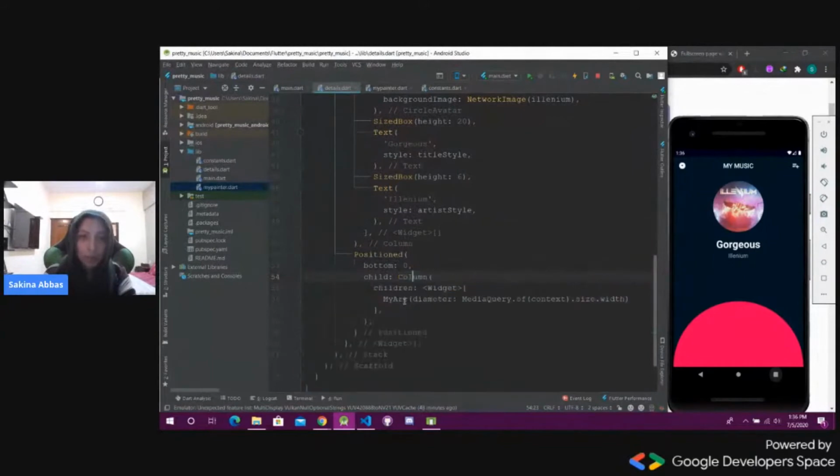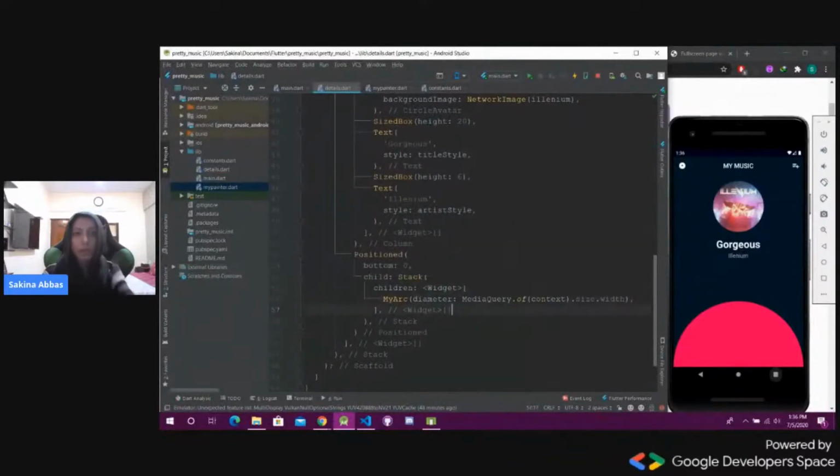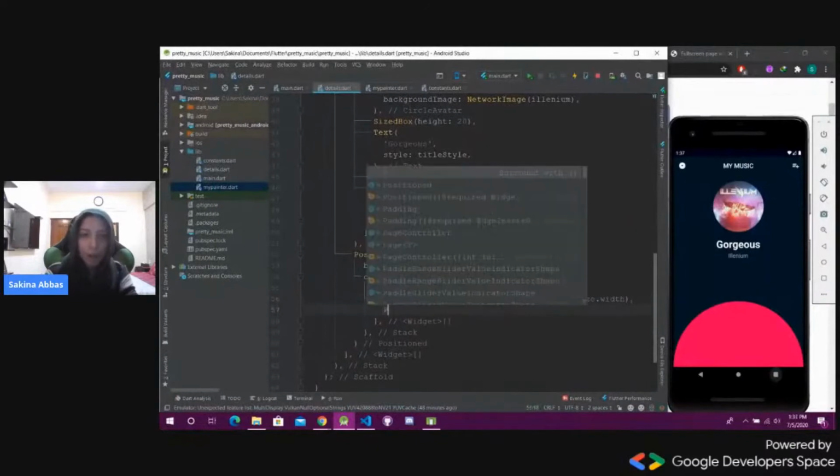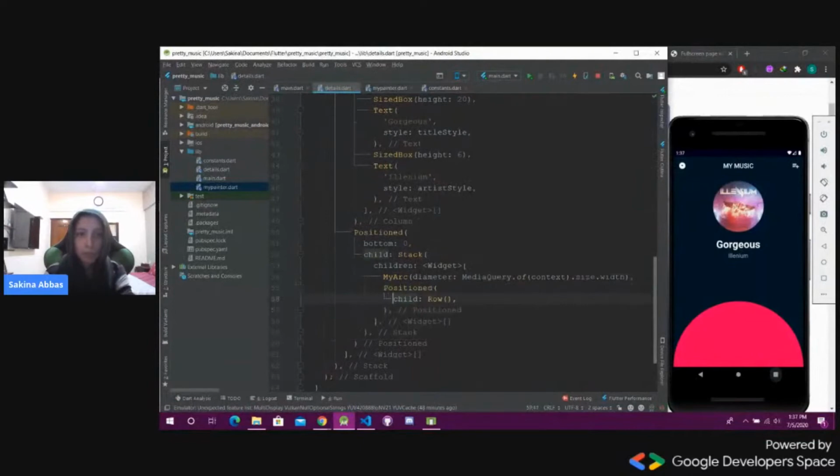Wrap with stack, so we don't have to deal with the other things. Okay, use a positioned, yeah, because we need to position the widget over the stack. Okay, positioned row. Gonna use the commas for code formatting. Top 50, let's say. Yeah, left 20, right 20, just to center it. Children,